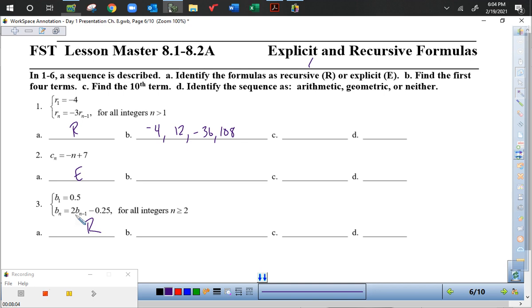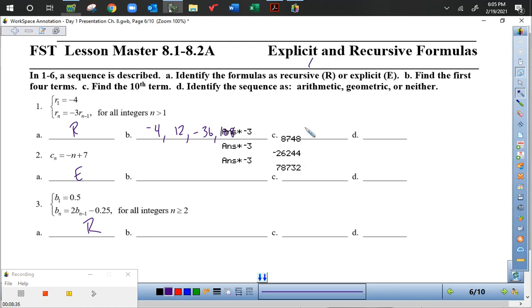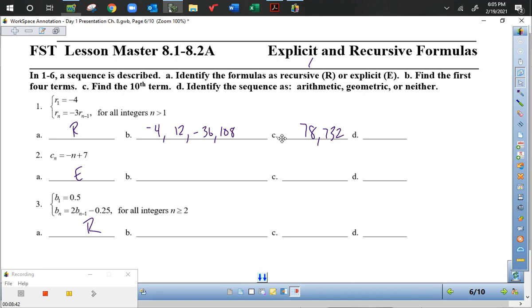Okay, then on part C, we're supposed to find the 10th term. So we could continue this process. So I'm at the 4th. I could do 5th, 6th, 7th, 8th, 9th, 10th. And as long as you're careful, that's going to work out so that you can write your number just on that line, 78,732. No worries. Okay, but if this question asked for the 100th term instead,